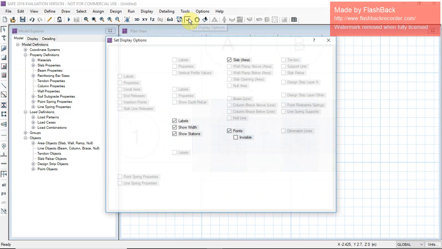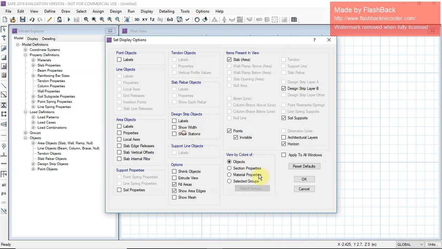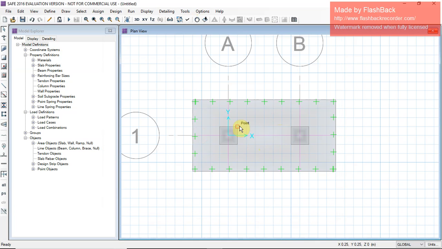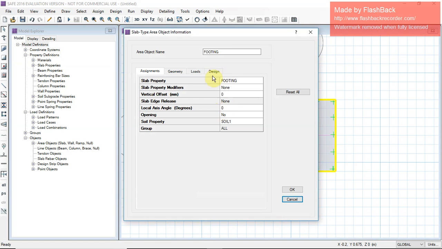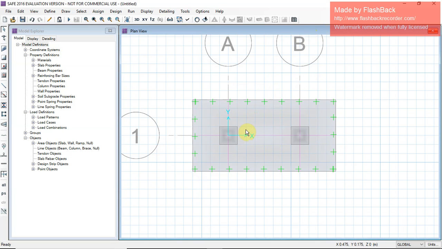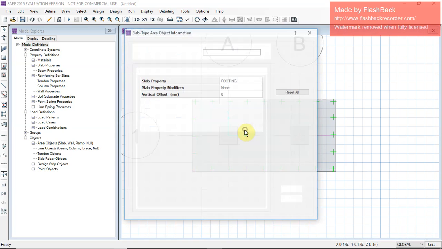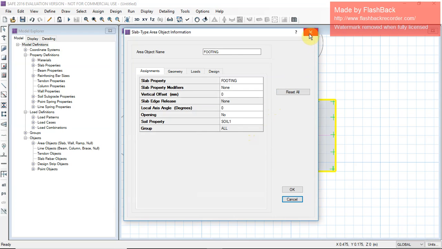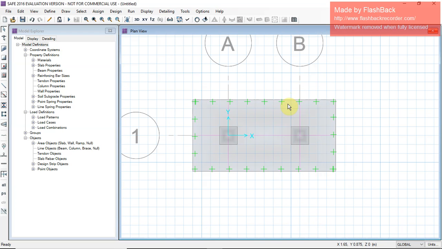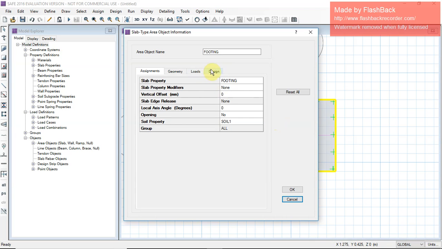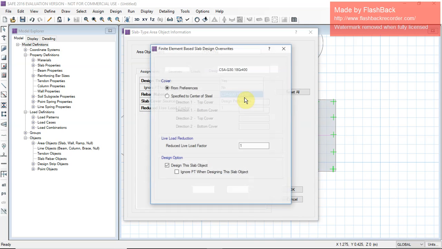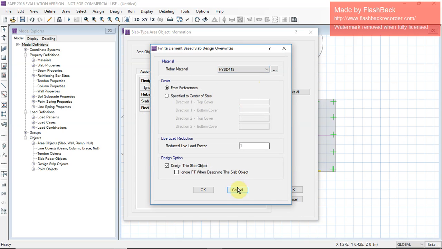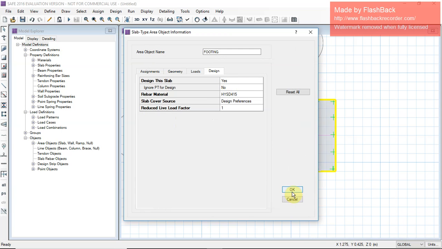Now you have to put material, change the material to HYSD. Okay.